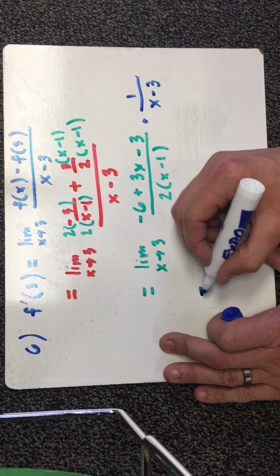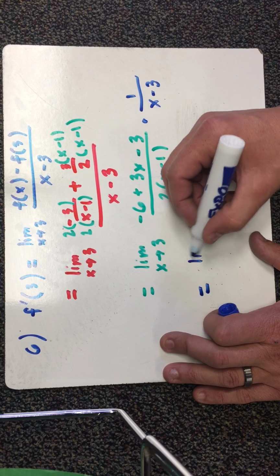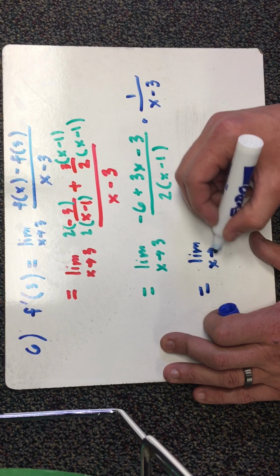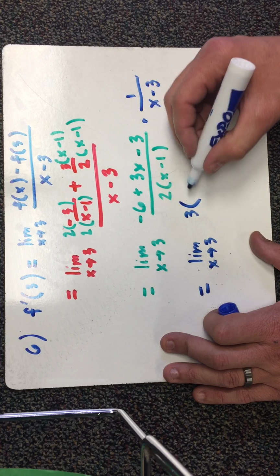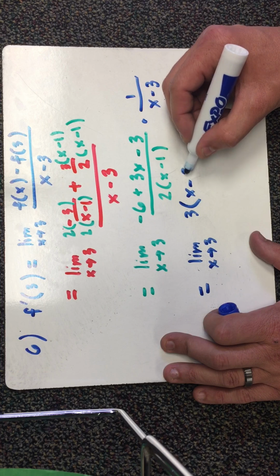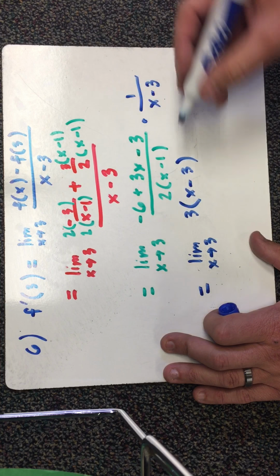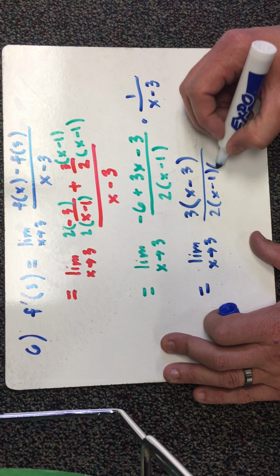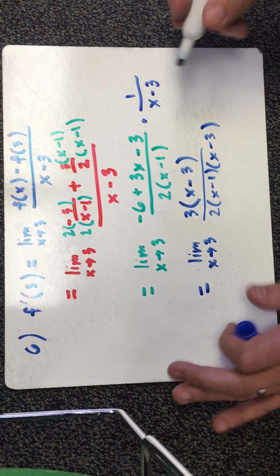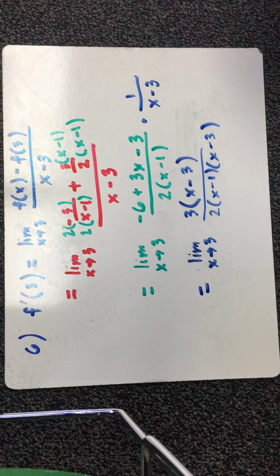Okay. I'm then going to simplify the top and hopefully something will cancel, and it should if I did everything correctly. I can factor out a 3 and it looks like I'm left with an x minus 3 because those made negative 9, all over 2 times x minus 1 times x minus 3, and exactly as we wanted,